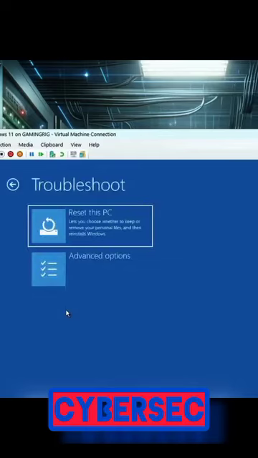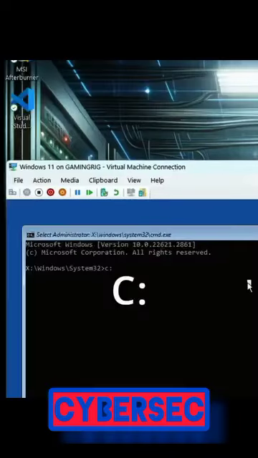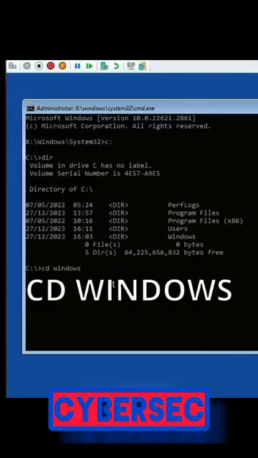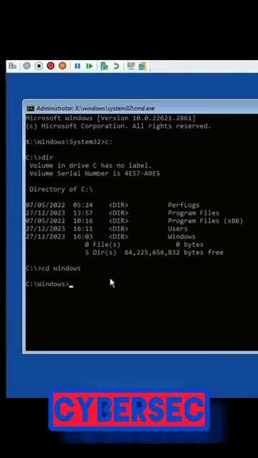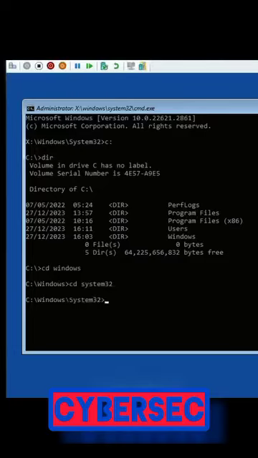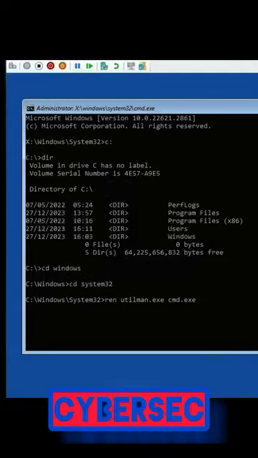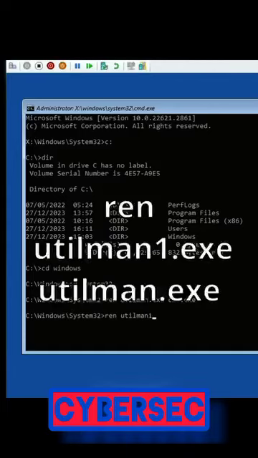Go to troubleshoot, advanced options, command prompt, type C colon, hit enter, CD Windows, hit enter, type CD System32, hit enter, type ren space utilman.exe space cmd.exe, hit enter, type ren space